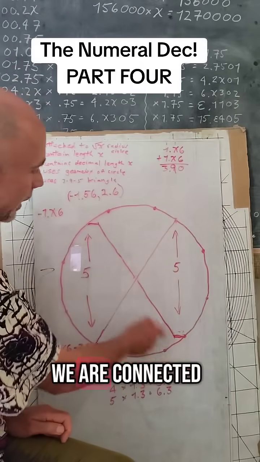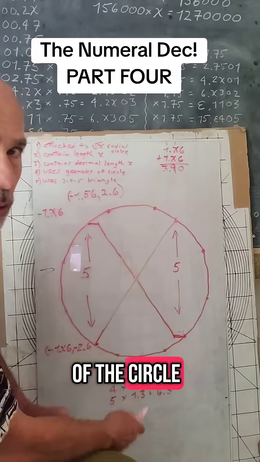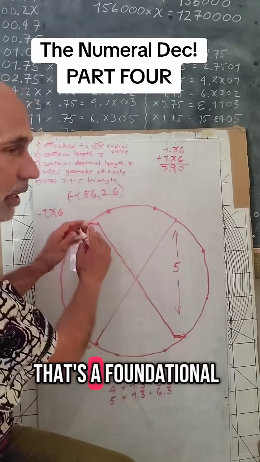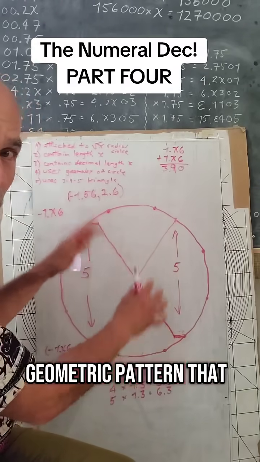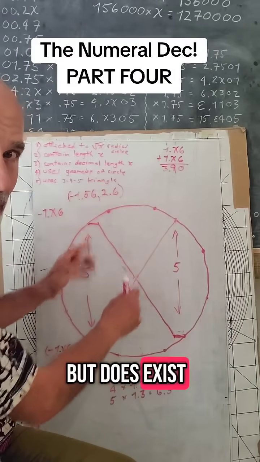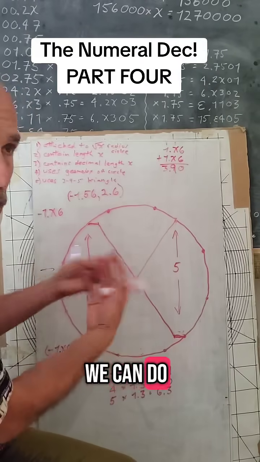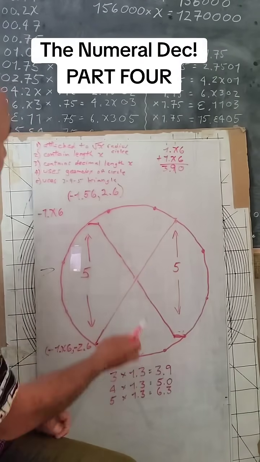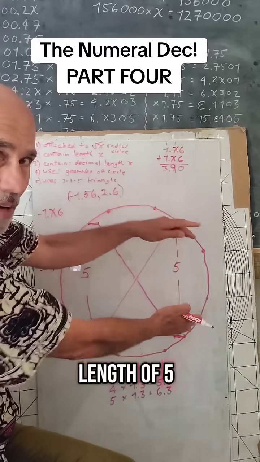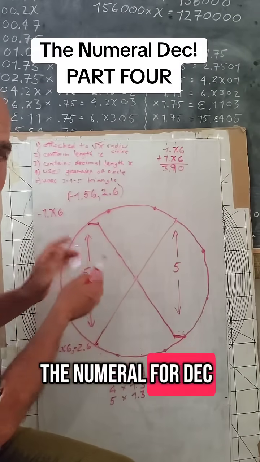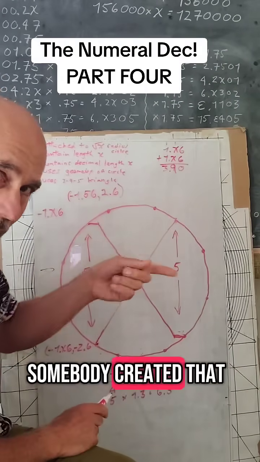On this side, we are connected to the geometry of the circle, where we can divide the circle perfectly into 360 degrees. That's a foundational geometric pattern that we're missing in base 10, but does exist in base 12. I've written a book explaining how we can create that diagram. We have the length of 5 and 5, 10 built into the system. So that's why the numeral for DEC looks the way that it does. Somebody created that to look